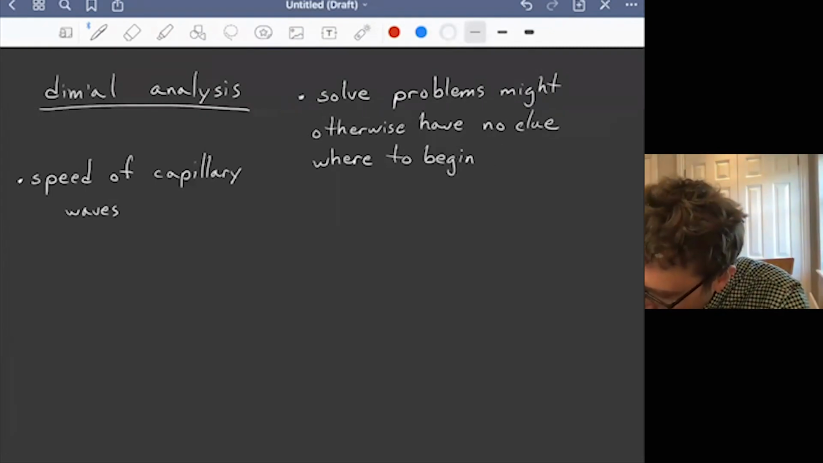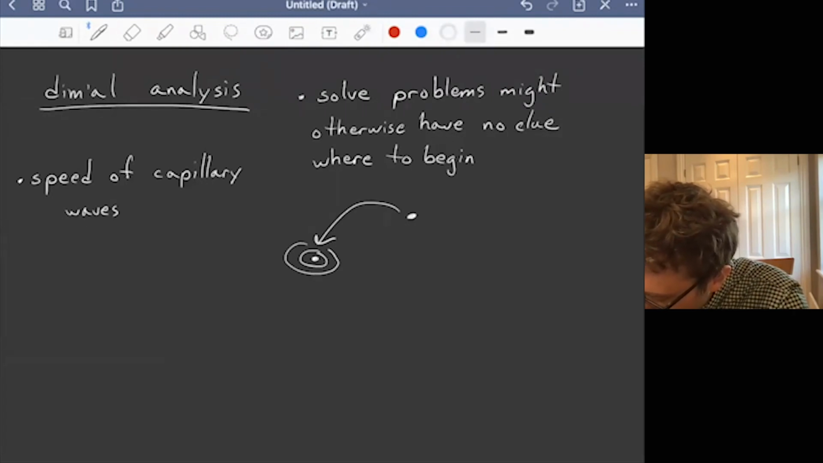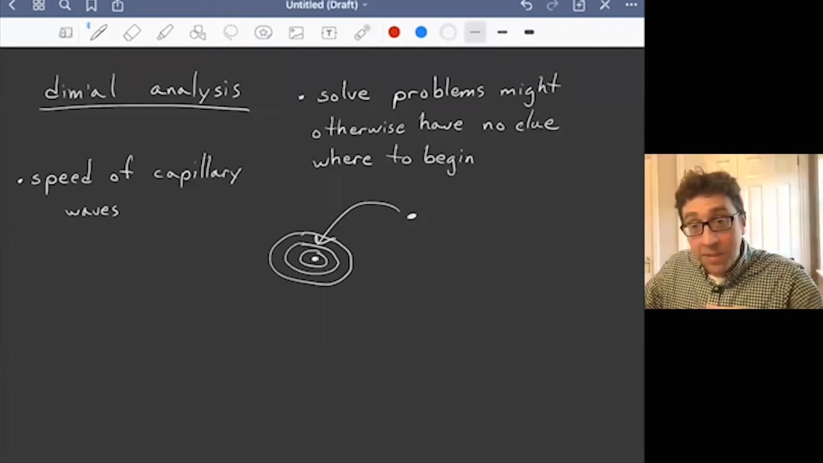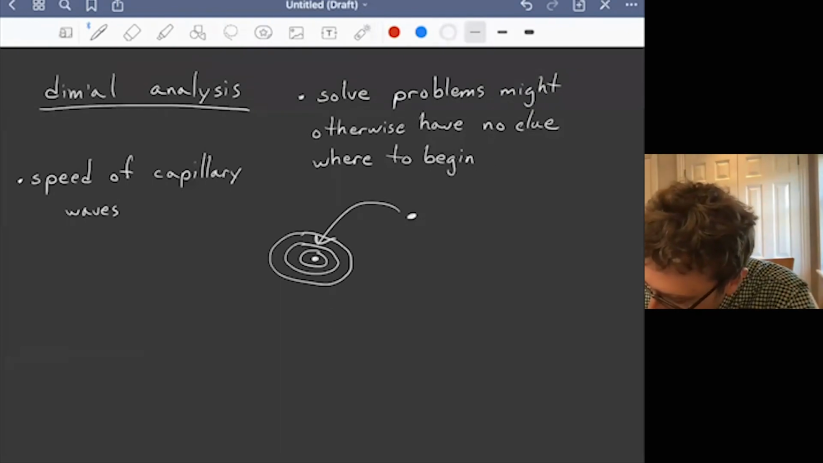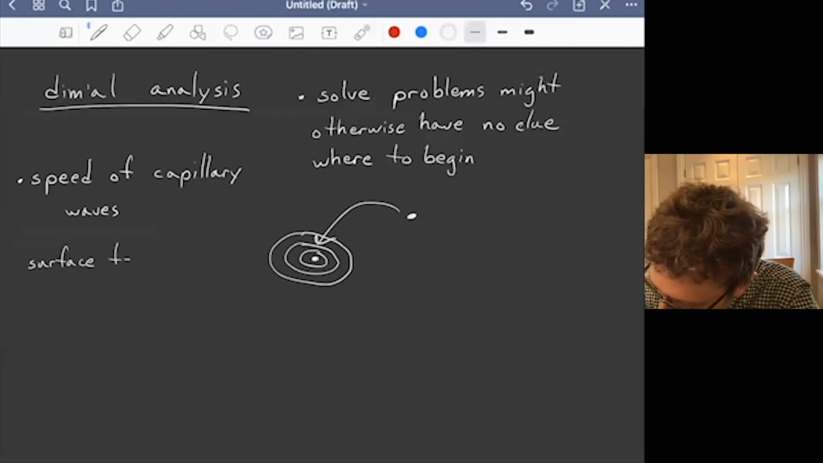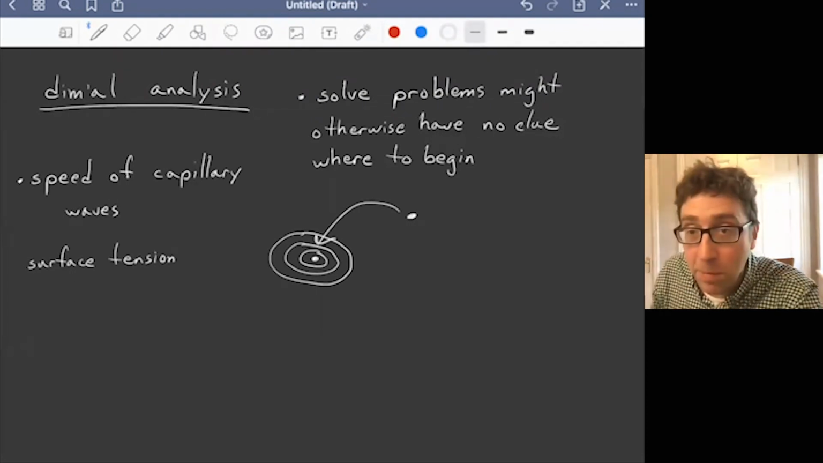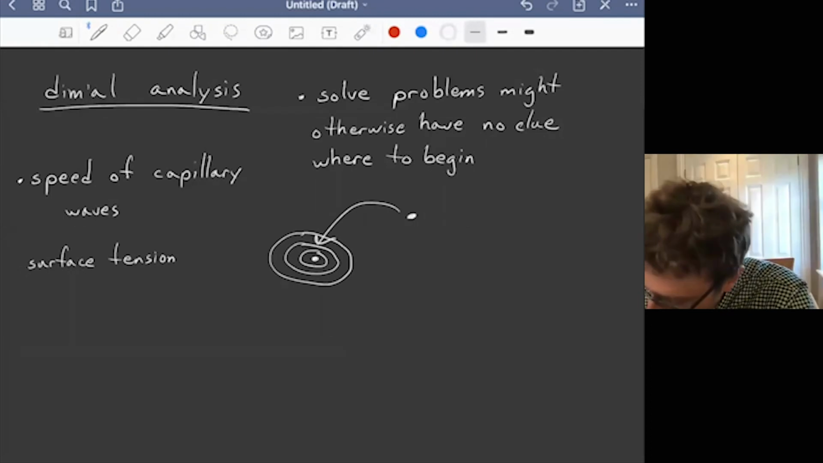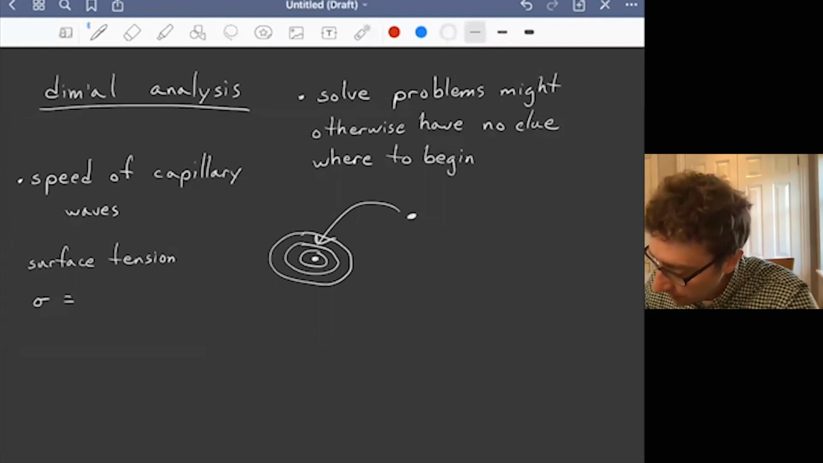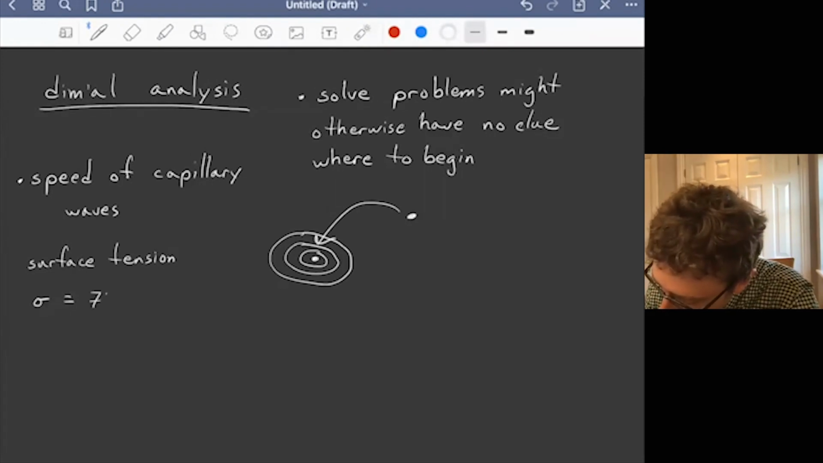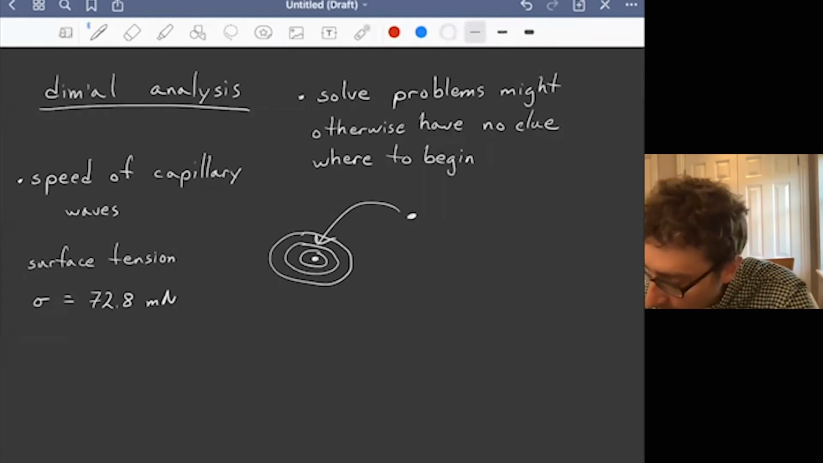So what is a capillary wave? You're standing on the side of a pond and you throw a stone into the pond, and it produces these circular ripples that travel out. We want to figure out roughly how fast those waves travel out. Let's say the problem tells you the surface tension, as a kind of hint about where to begin. It says that the surface tension of the water, let's call it sigma, is 72.8 millinewtons per meter,